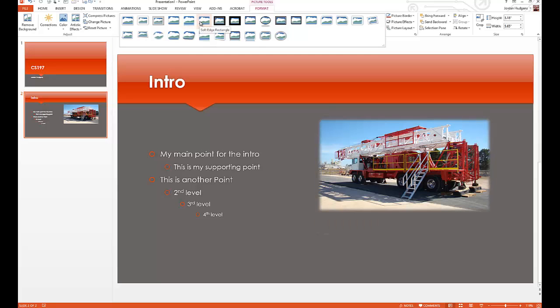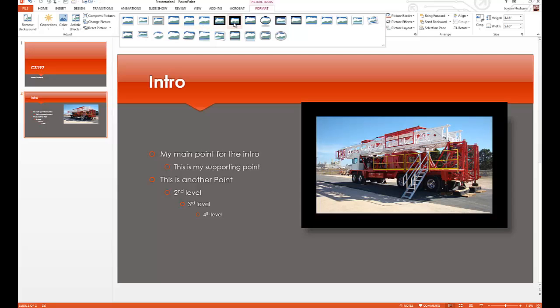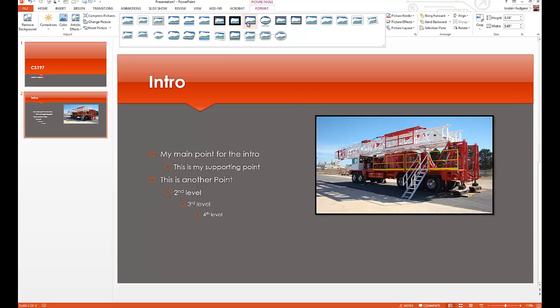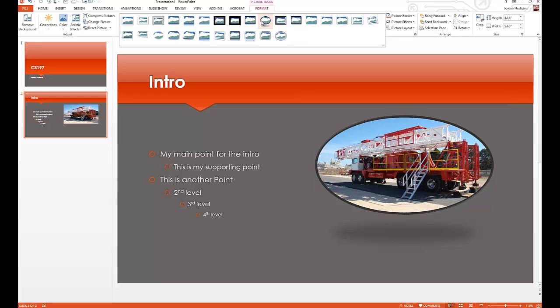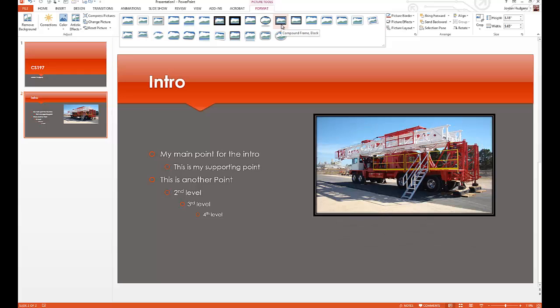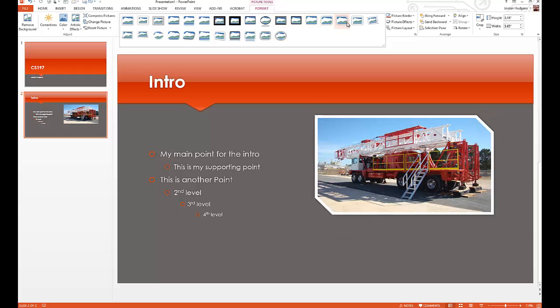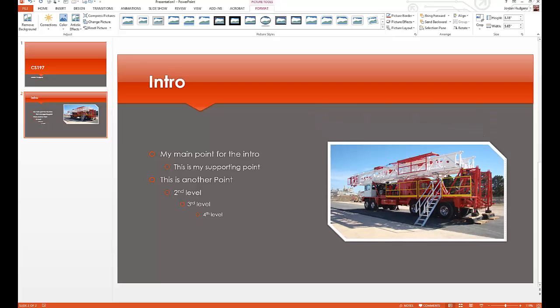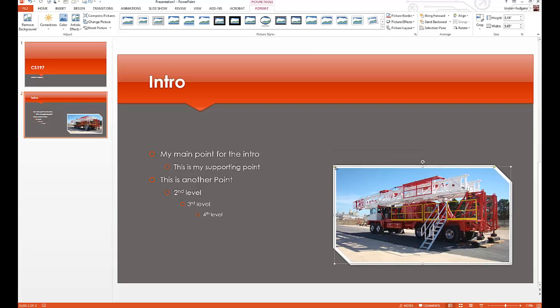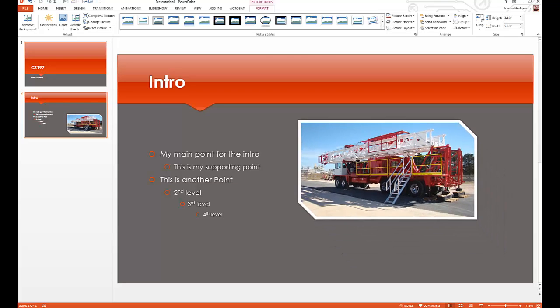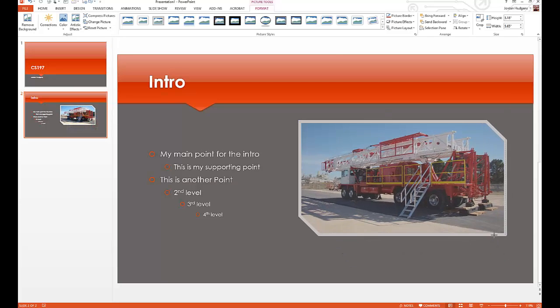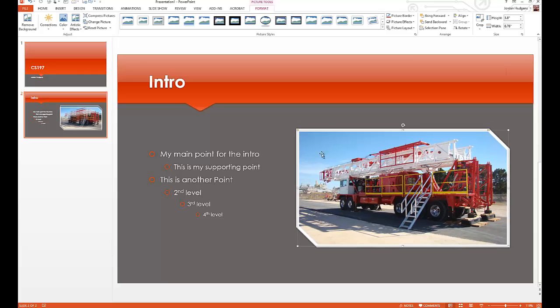If you hover over each one of these items, you can see a blur effect, a traditional frame, a thick frame and a shadow, a regular frame with a small shadow, a circular kind of shape with another drop shadow, another frame. For this one, I think we're gonna go with this one. So this is called the snip diagonal, and you can see that it gives a really neat kind of unique effect that goes along with the theme we're going for. So I'm going to make this a little bit bigger, and there you go, we have a great looking image. Some of the other things you can do, of course, you can play around with these until you're familiar with them,